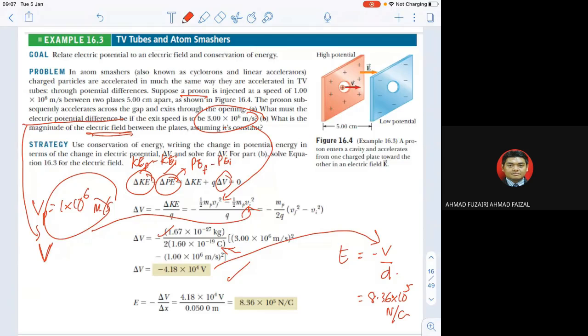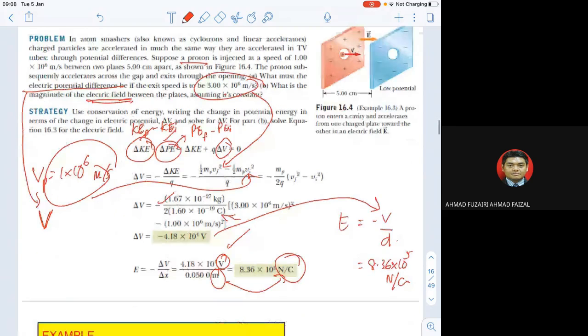It's up to you. They gave V and m, but you can write it down as newton per coulomb. It doesn't matter, because all are possible for electric field. So don't worry, just write down the correct units. Don't use other units, because for electric field it is newton per coulomb or volt per meter only. There are no other units suitable for electric field.